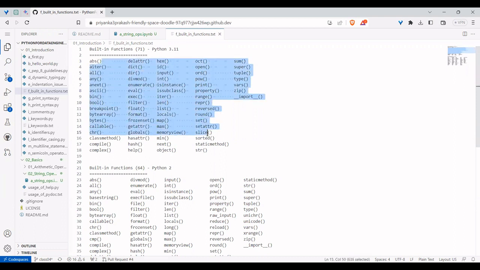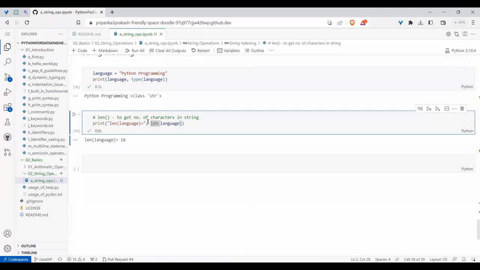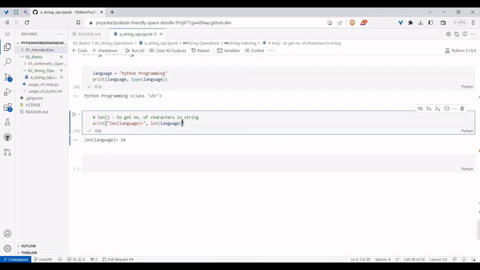Now you understood that these built-in functions cannot be applied on every data type and in every scenario. There were some limitations. You can notice here that len is a built-in function applicable on iterables only. Iterables means any object on which we can support a for loop. This is a new terminology you are using for the first time. Python supports this kind of iteration on strings, but not integers. We cannot loop over an integer and get one digit at a time, but on a string, we can. How to get that, I will tell shortly.